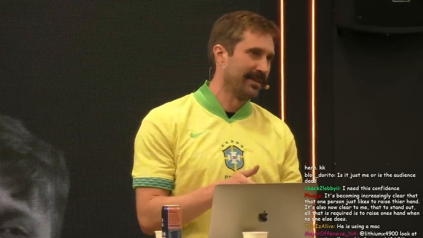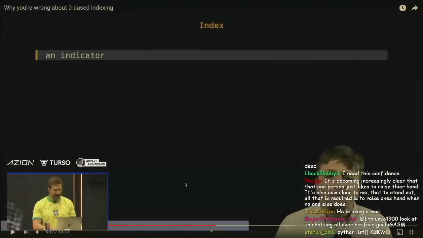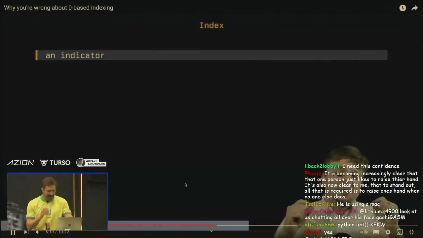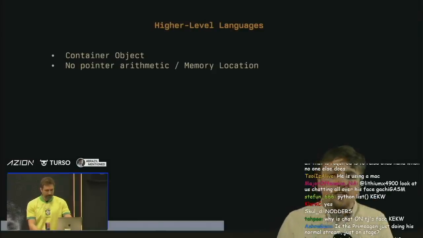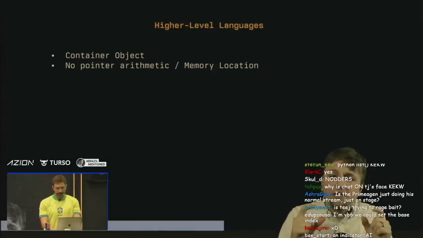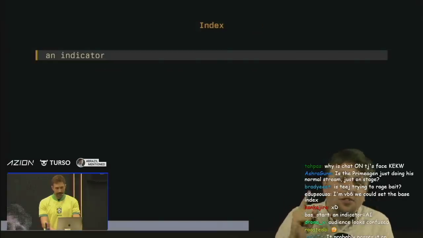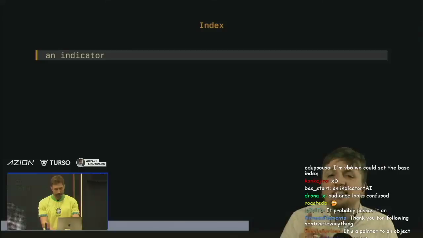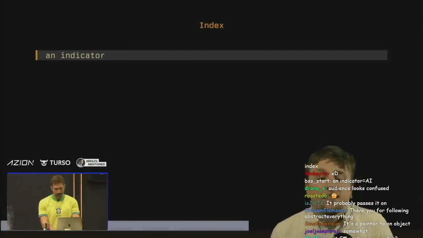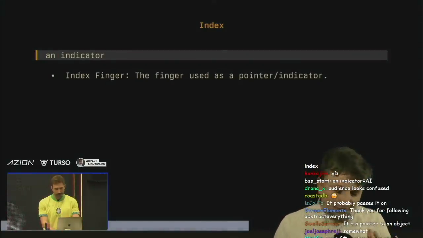It's not always lists, right? There's actual arrays. This idea of then an index, not a subscript, right? So what we have here is we're not doing subscripting anymore. We want to point to, or we want to indicate what element we are trying to get inside of this sequence. And what's crazy here is